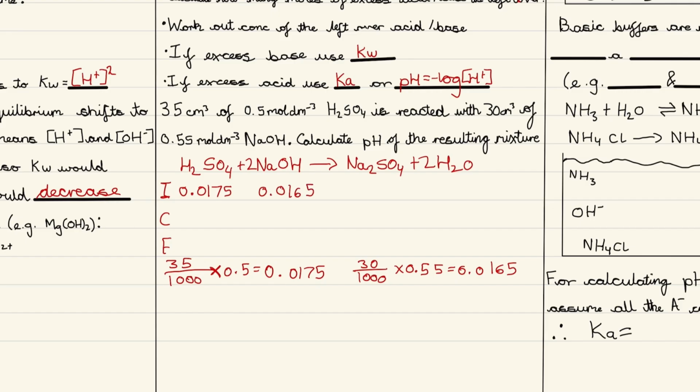And we know that the reaction is going to occur at a 1-to-2 ratio. So if all of this reacts, then 0.00825 moles of sulfuric acid is going to react. And then our final moles are... now that we have our moles of sulfuric acid, we can work out the concentration of sulfuric acid, which is